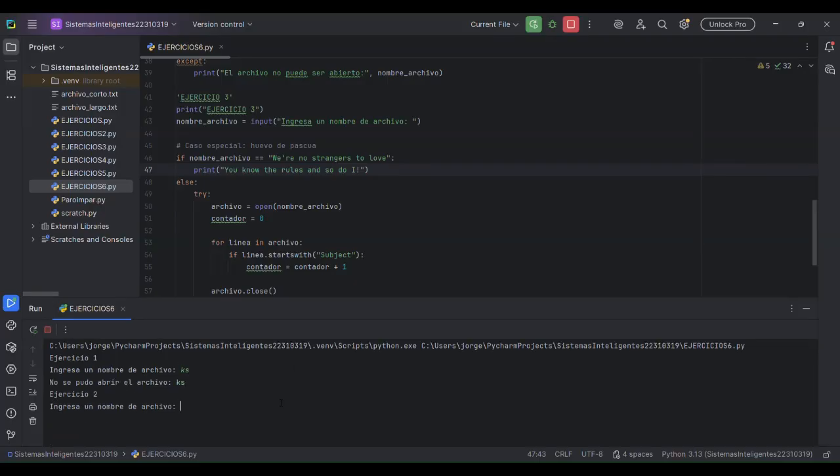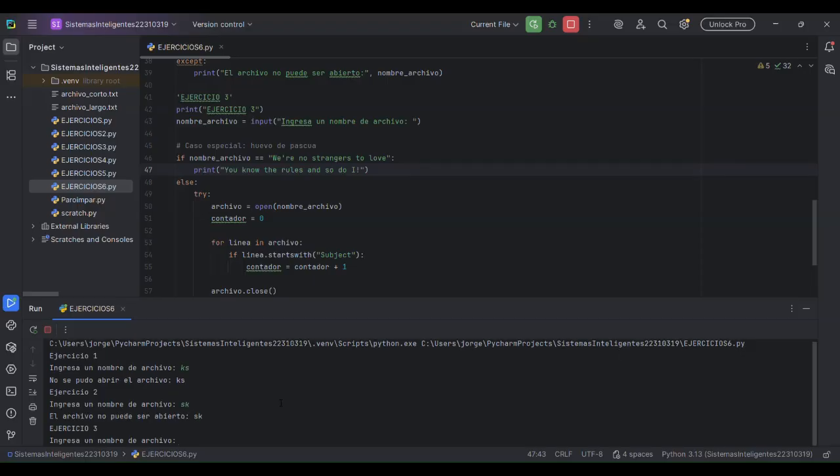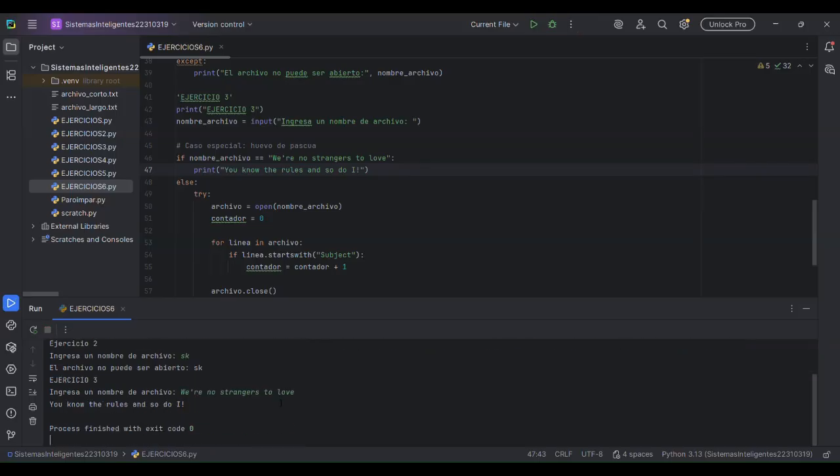And lastly, if we put the phrase we're not strangers to love, it'll show you know the rules, so do I.